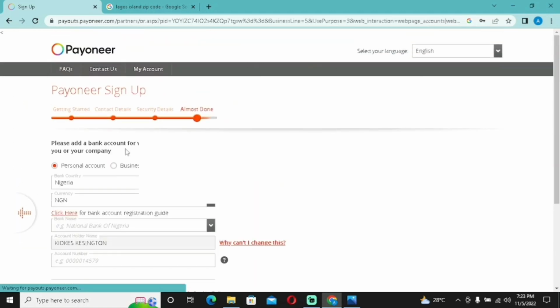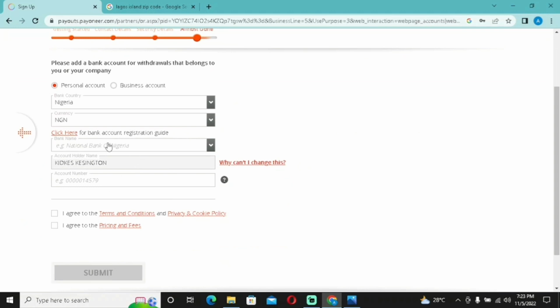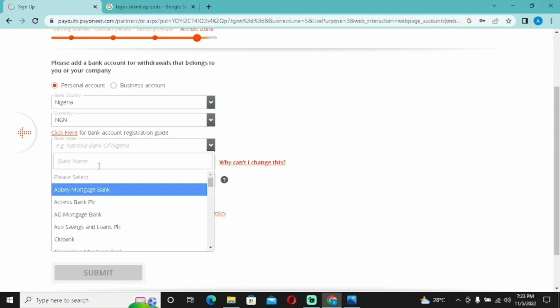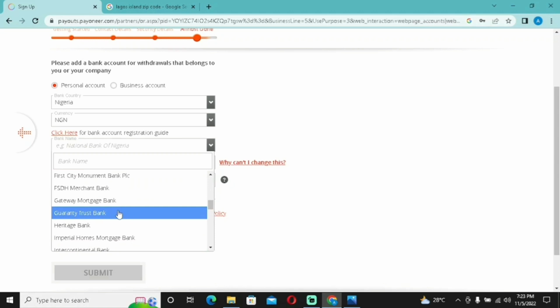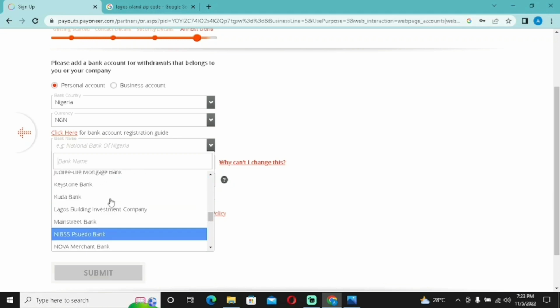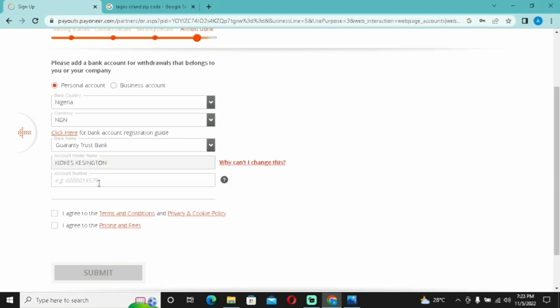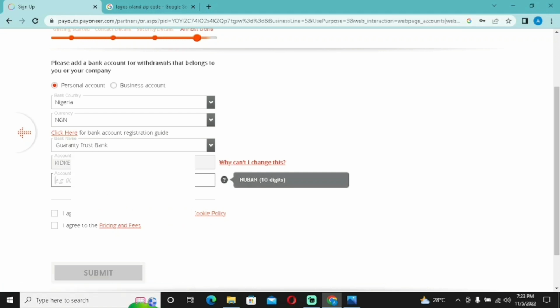As you can see, we're almost done. So now the very last thing you want to do here is to enter your local bank in Nigeria. So as for me, I'm going to go for GTB. It depends on whichever bank you're using. Then you want to enter your account number, your normal local account number. So I'm just going to enter mine real quick. Then you're going to agree to the terms, agree to pricing, fees, and the rest,